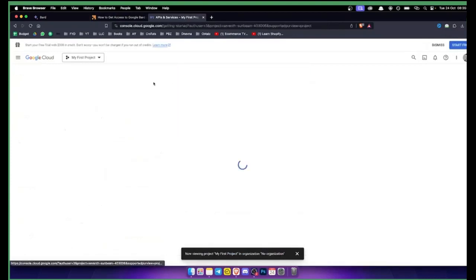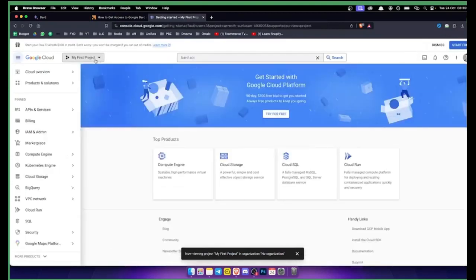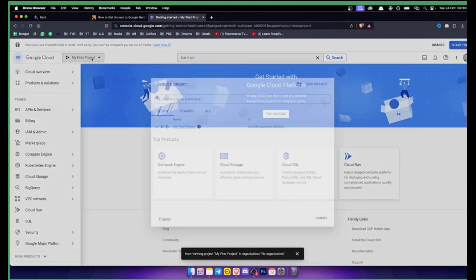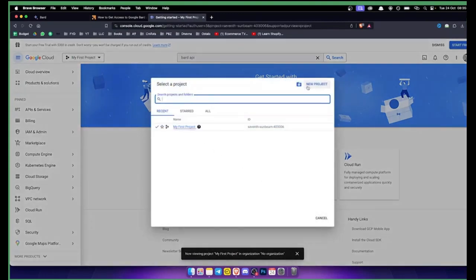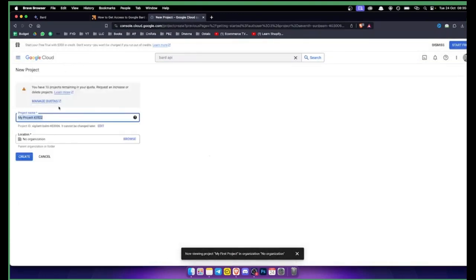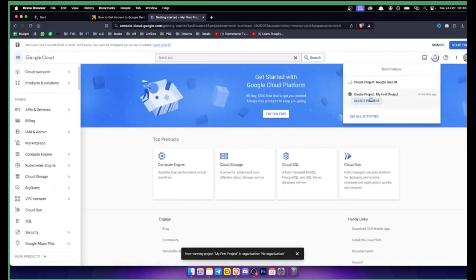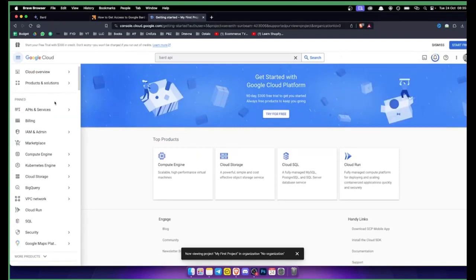And if we click on it, we can see that here we have a first project. So we can actually go here and create a project, right? You can go to the new project, you can create a project. This will be, let's say, Google Bard AI. And then we can just hit create. And as you can see, once you have a project created, what you can do is